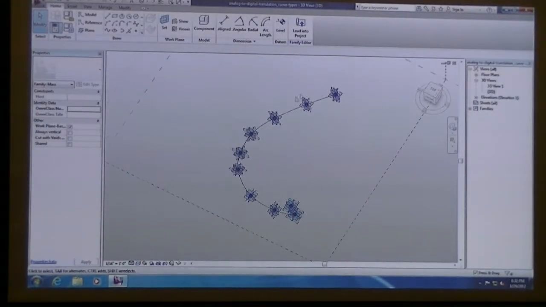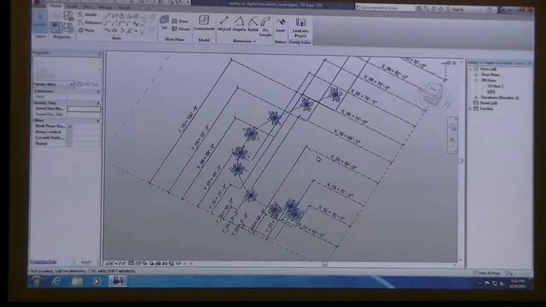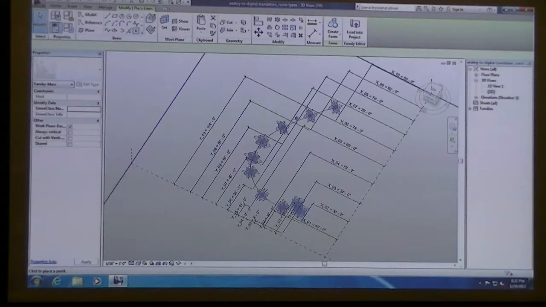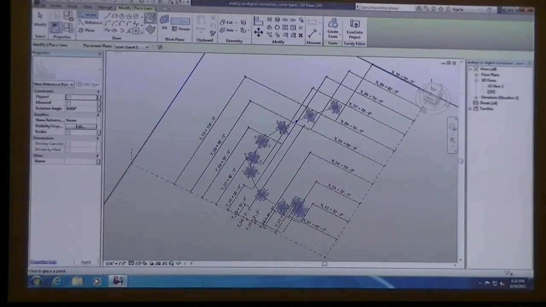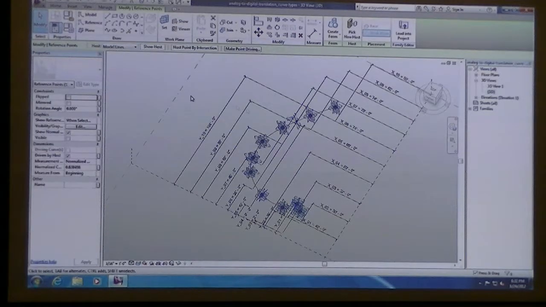So if you have your curve and you eventually, I think I have my dimensions turned off so you can't see all this stuff. So you have all your parameters. If you were to add in another point, I think you can, that's always just going to be a point on the curve.